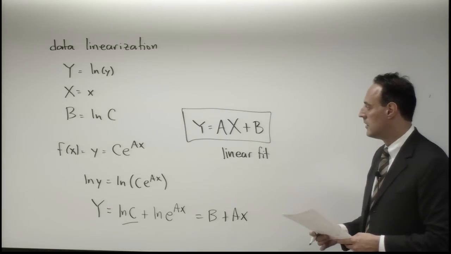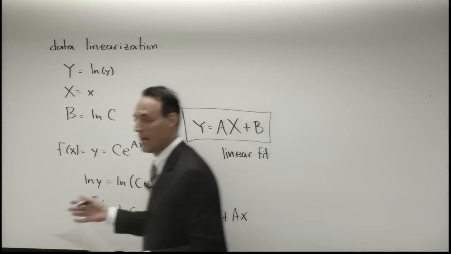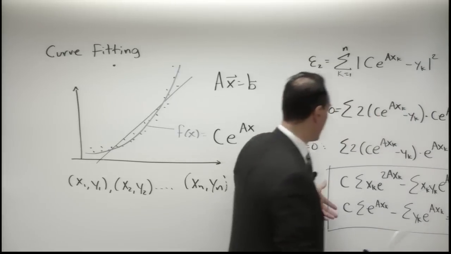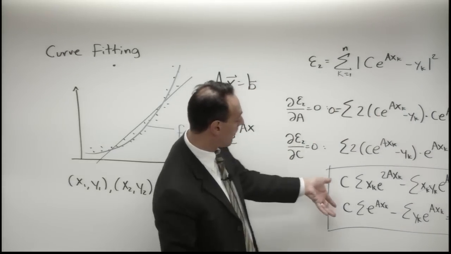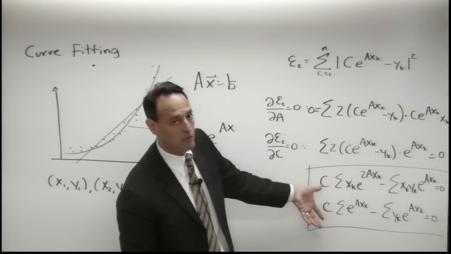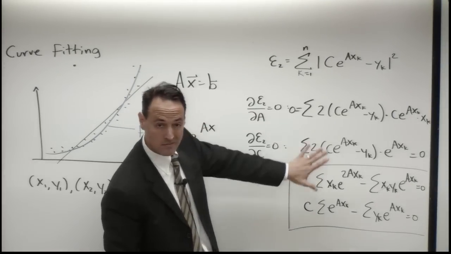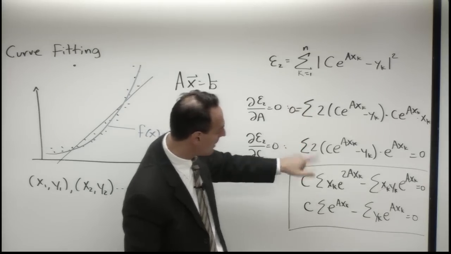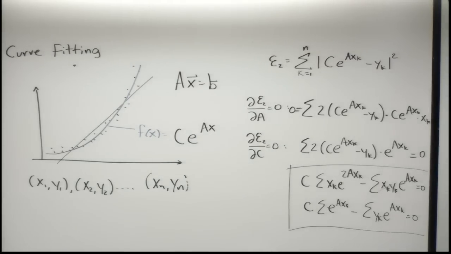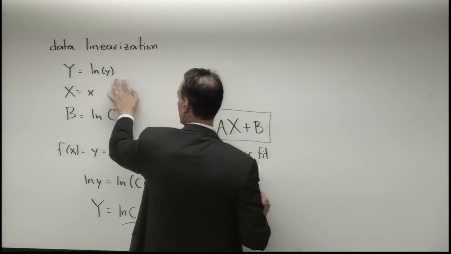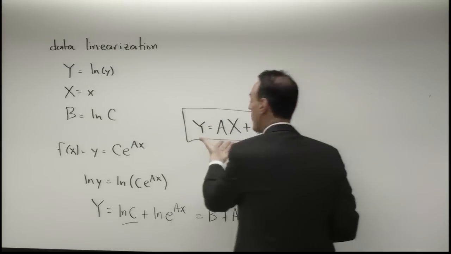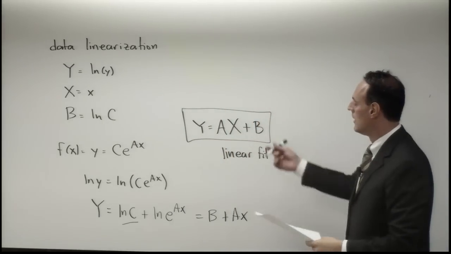Why? If you look at the exponential fit, at least if you try to do what we did before, the exponential fit would give you a 2 by 2 system of equations that you can't solve. Okay, so that's a problem. But if you do this data linearization trick, then you just go back to solving a line fit